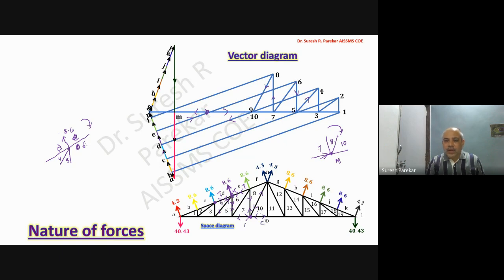So, due to dead load and live load, the principal rafter members are in compression, and due to wind load, these are in tension. And your bottom chord, due to dead load and live load, is in tension, and due to wind load, we have this main tie in compression. So likewise, we have to use this Bow's notation. Keep in mind, you have to always go clockwise, and then only your answers will be correct.